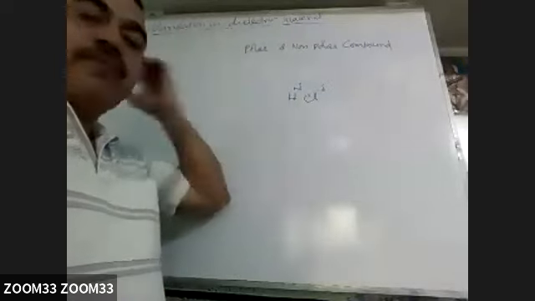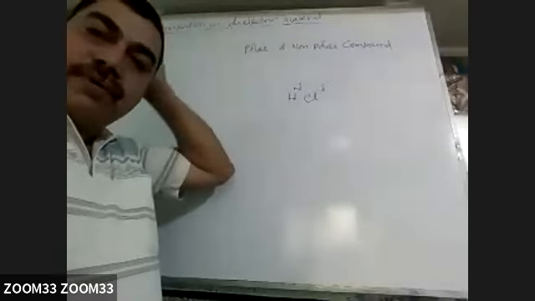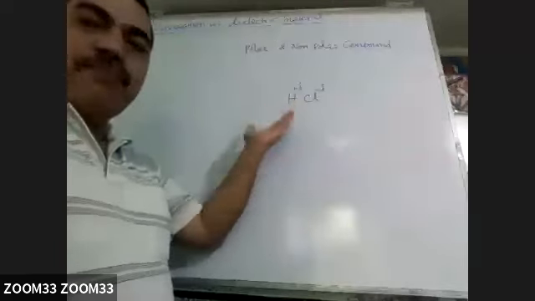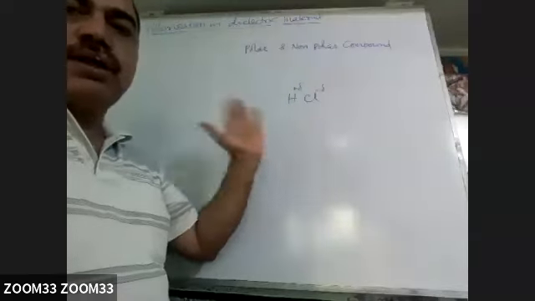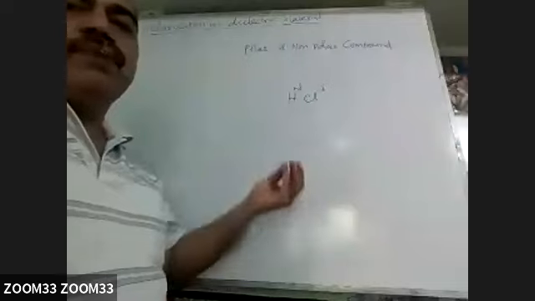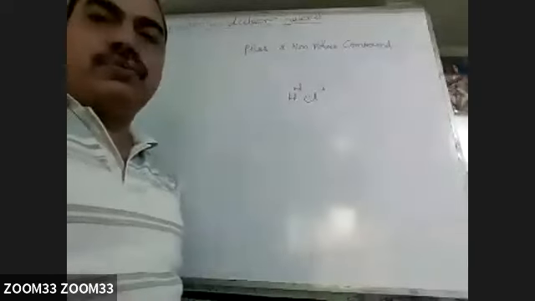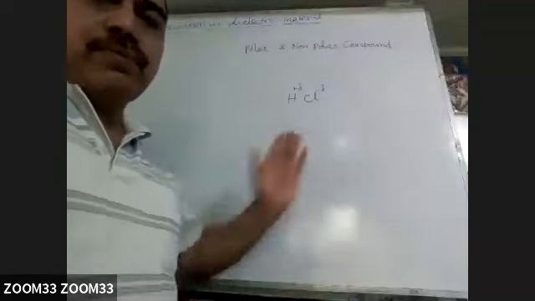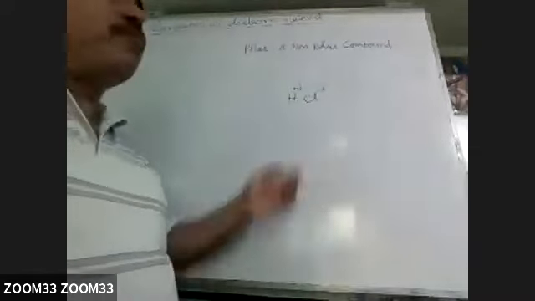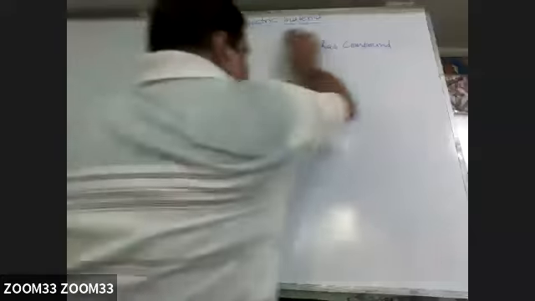So when this type of material is placed in an electric field, naturally it has a dipole. So it will try to develop an electric field within it. This type of compound we call polar compound, and the slab made up of this type of compound we call dielectric slab or dielectric material.